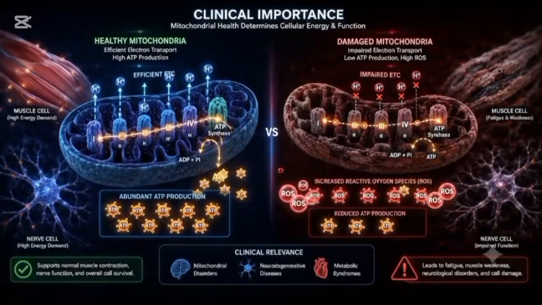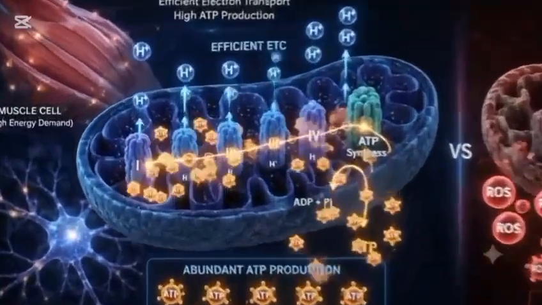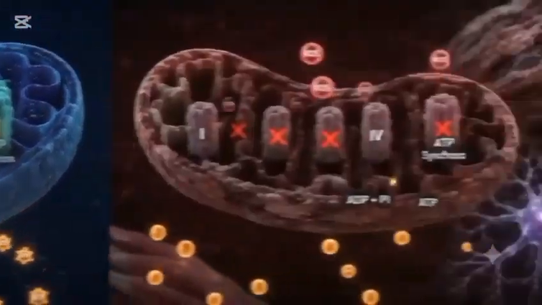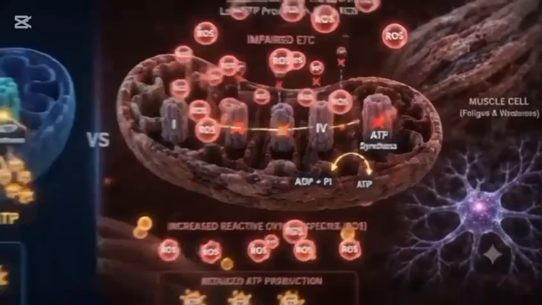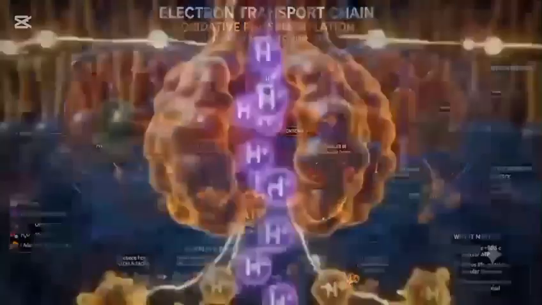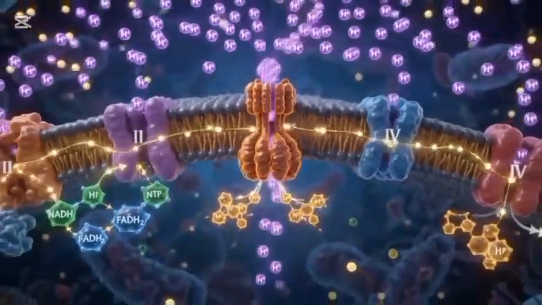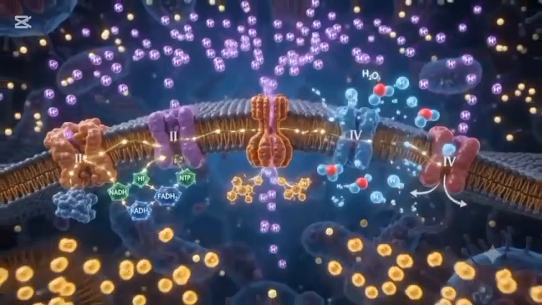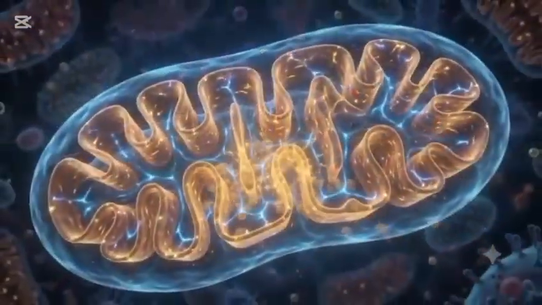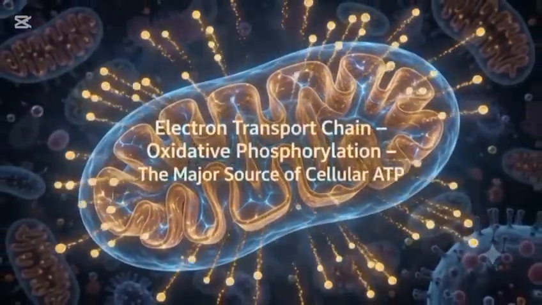Efficient oxidative phosphorylation is essential for organs with high energy demands, including the brain, heart, and skeletal muscles. Defects in mitochondrial function impair energy production. The electron transport chain is the final stage of aerobic cellular respiration. Through coordinated electron transfer, proton pumping, chemiosmosis,